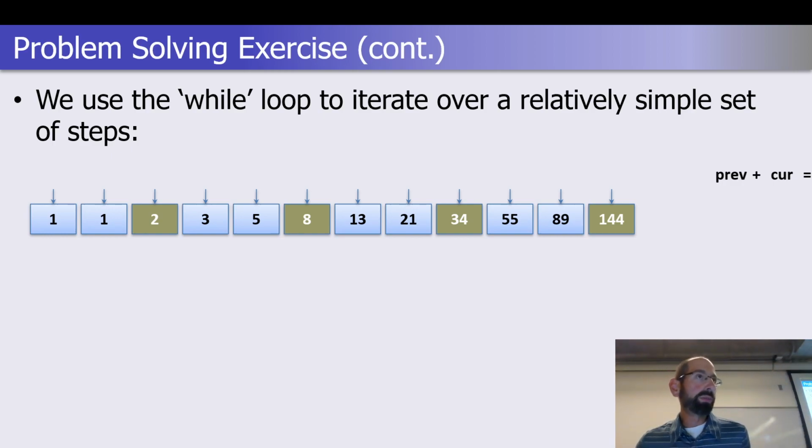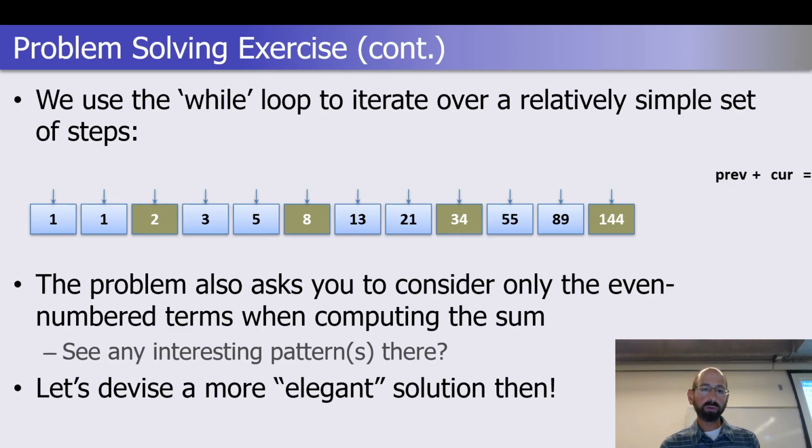When looking at the even number terms, do we detect a pattern? They have two spaces in between. Yeah, it appears to be every third term. So that may allow us to optimize things a little bit. We could do some interesting patterns. That's one interesting pattern that, in fact, we actually don't need to